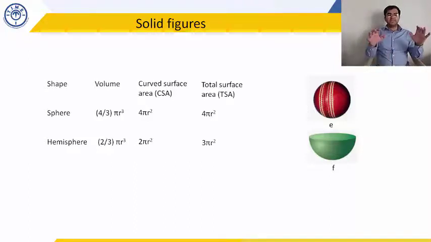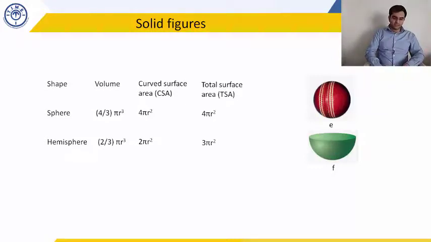And that's all. This is all you need to know related to solid figures. The 6 kinds of figures: cuboid, cube, cylinder, cone, sphere, hemisphere. Formulae for volume, curved surface area, total surface area. Often volume is area of base into height. Curved surface area is perimeter of base into height. And that is what we have discussed so far.